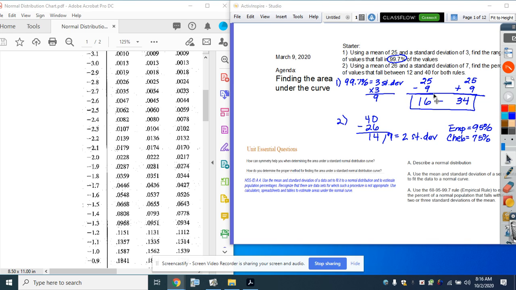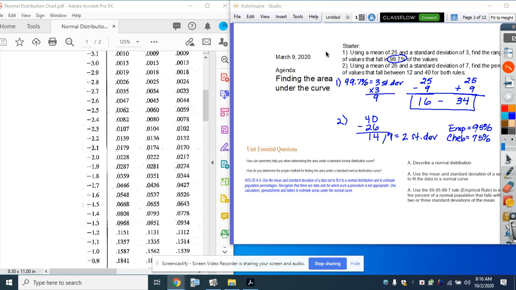Good morning. I hope this will help you with finding the area under the curve. Several people had asked if I would do a video going through the notes to help explain some of the things that you were looking at yesterday. Just to clarify, the first thing we did yesterday is we took one of the old examples that I had